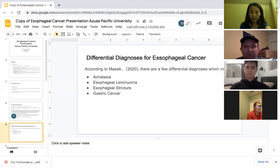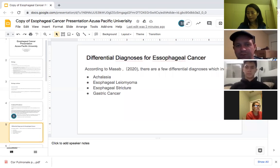So here is the differential diagnosis for esophageal cancer. According to an article by Masab, there are a few differential diagnoses, which can include achalasia, esophageal leiomyoma, esophageal stricture, gastric cancer,